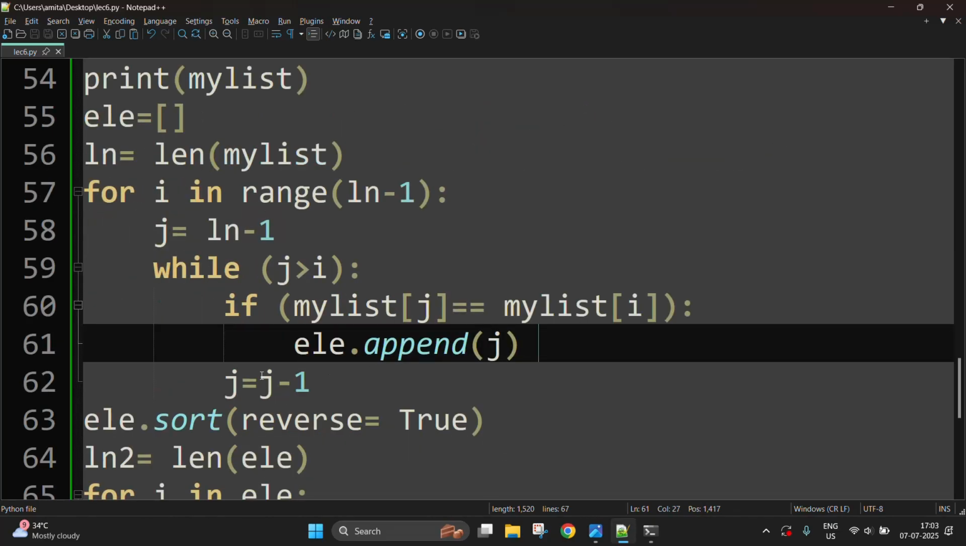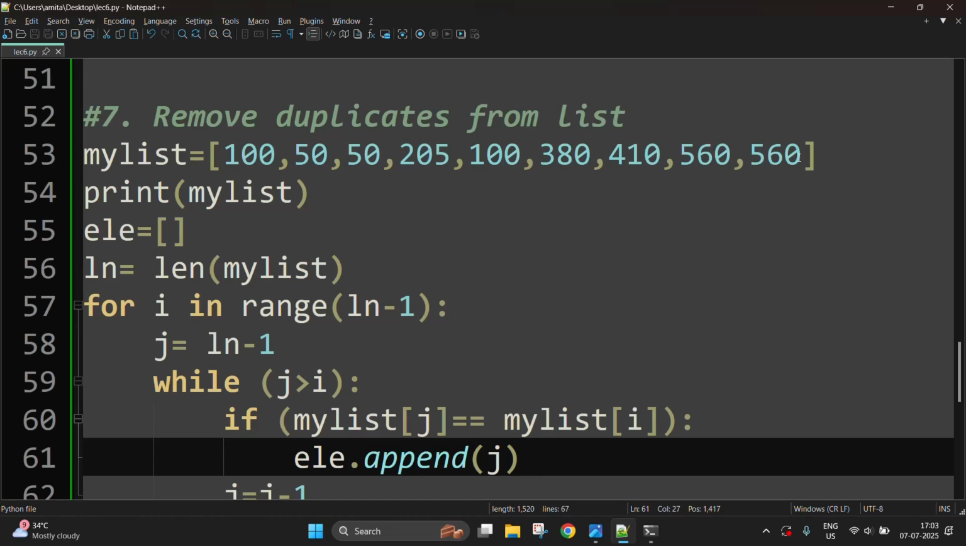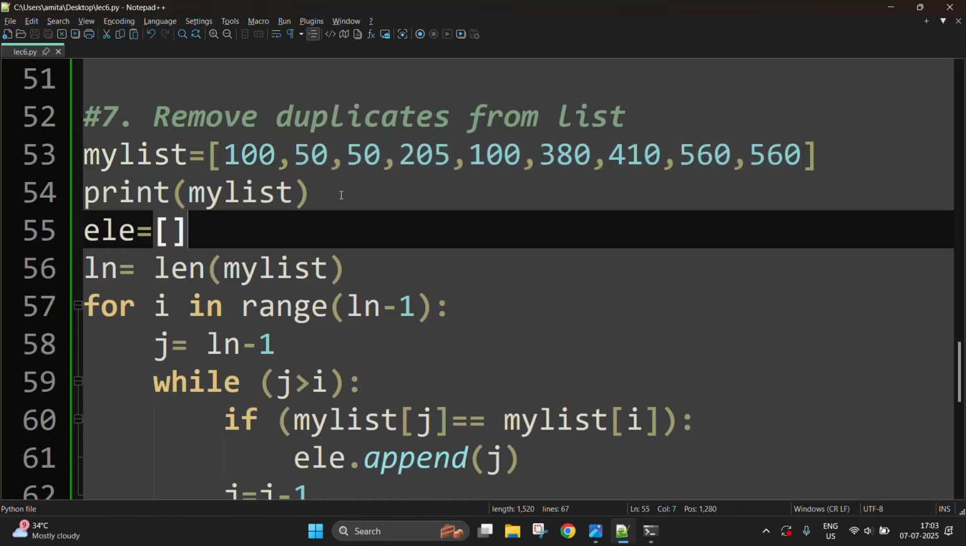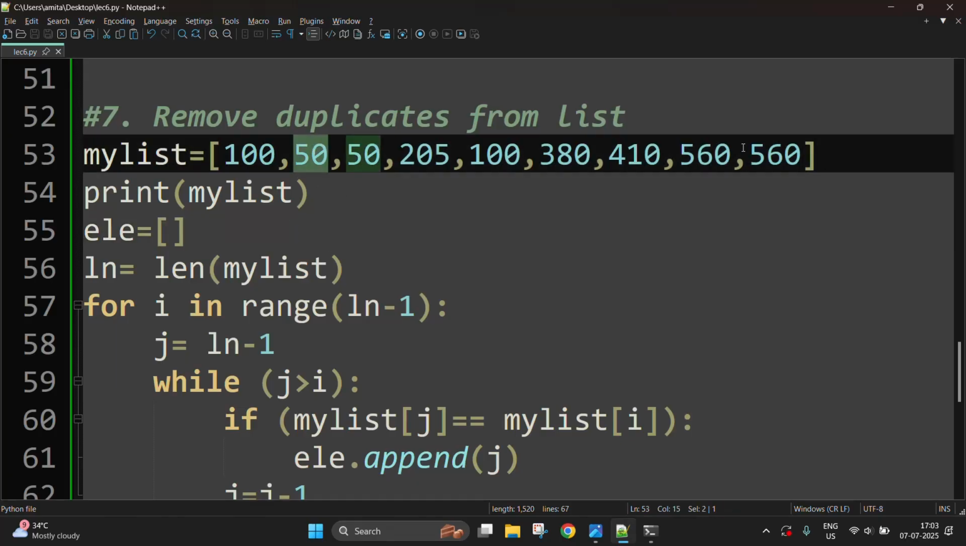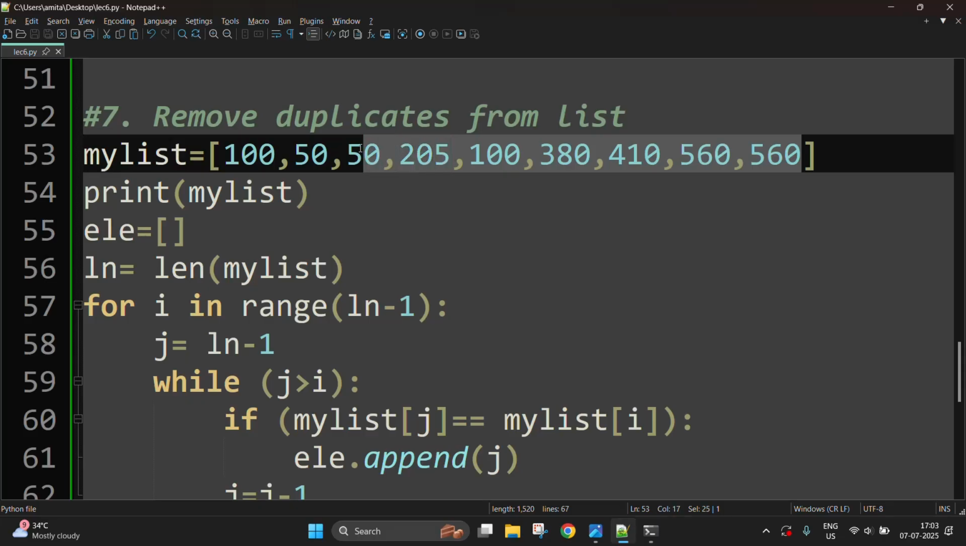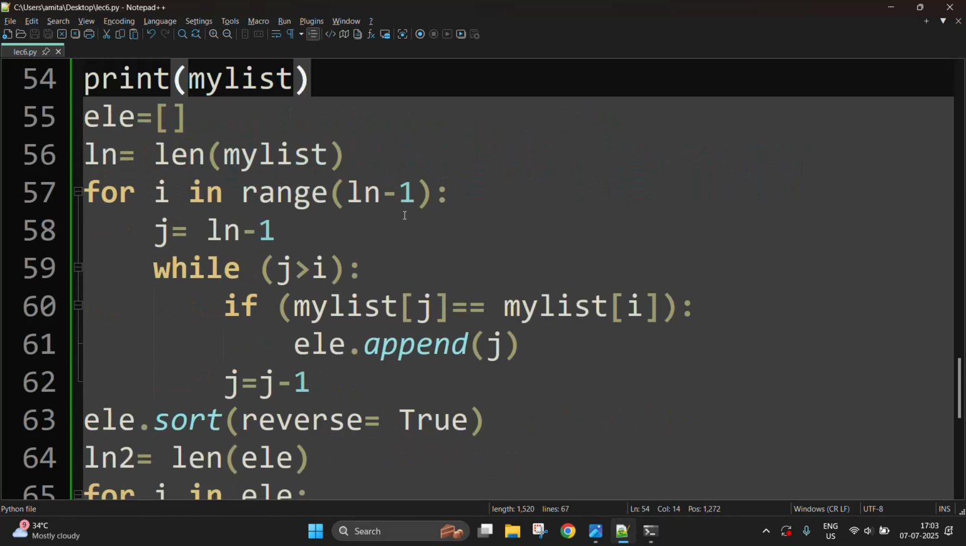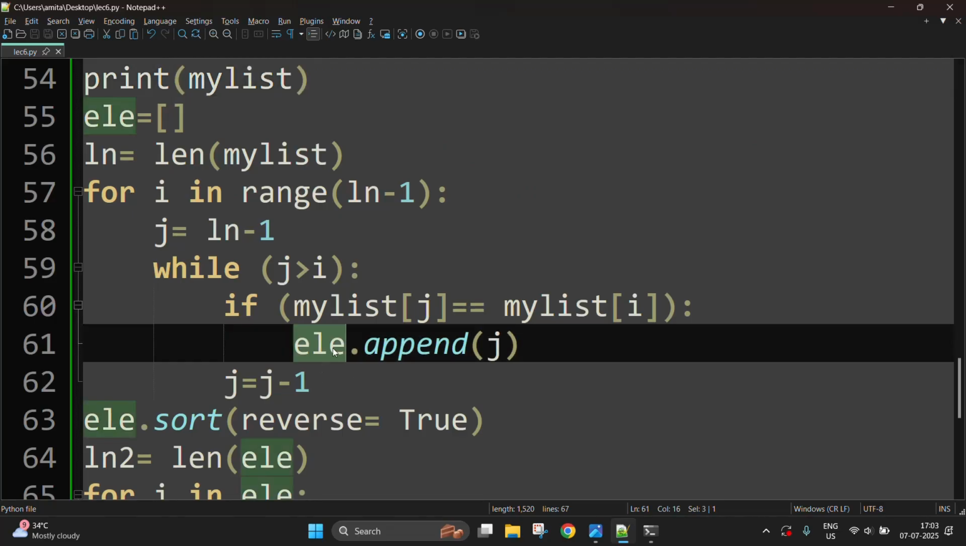Then the value of j is decreased by 1, which means j will move like this. So first i will be 100, which is fixed, then j will be 560, then again 560, then 410, 380 and so on till 50. Then i will be 50 and j will be from 560 to 50. It will go on like this, and the duplicate elements will be added to the empty list named as le,